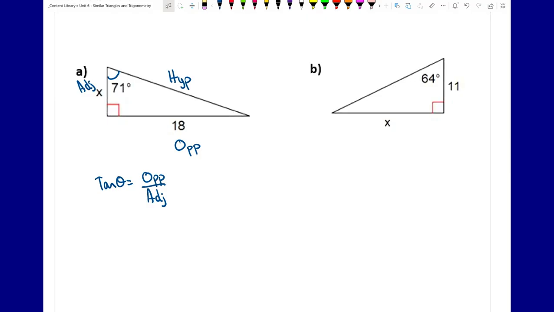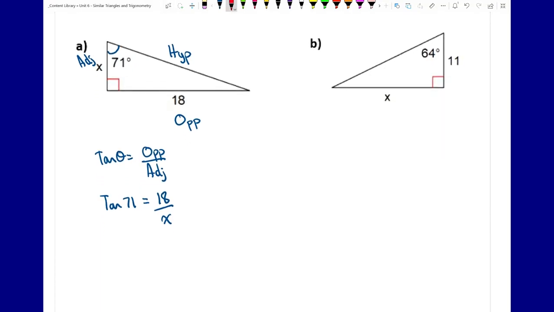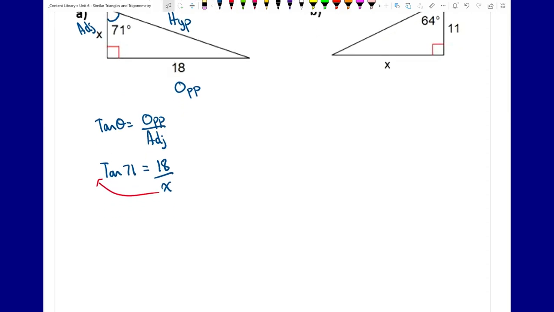I'm going to plug in my values. So tan theta, or tan of 71, is equal to opposite 18 over x, our adjacent. Now, if I wanted to go through and solve this, I can do so now. I can solve this equation for x. And what we're going to do is bring the x up to the other side. We don't want it in the fraction anymore. We want it up on top. So it's going to be x times